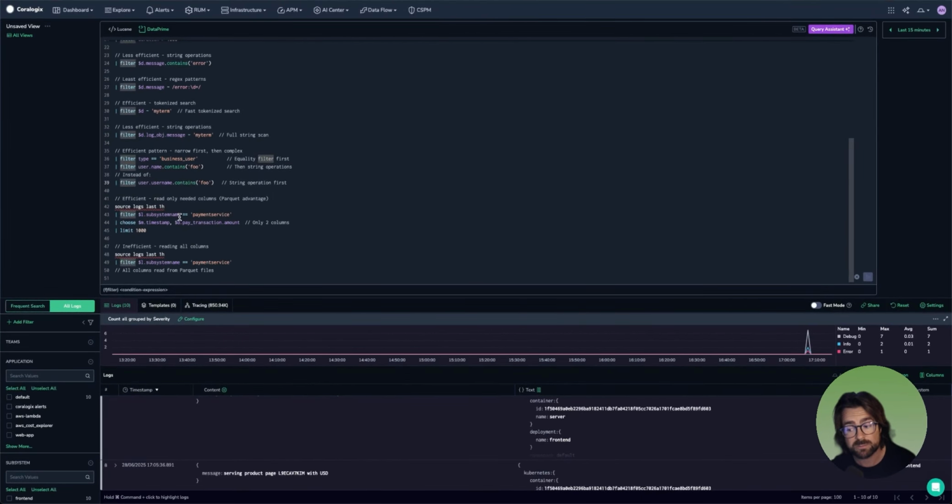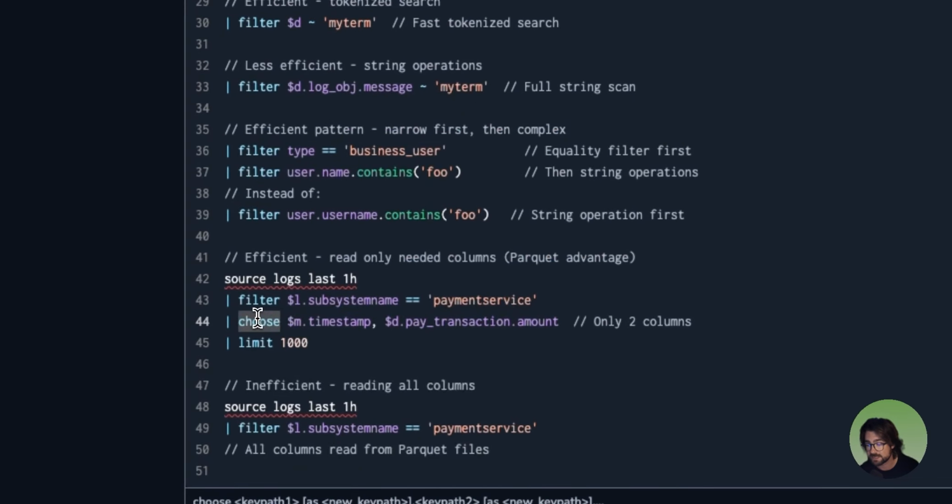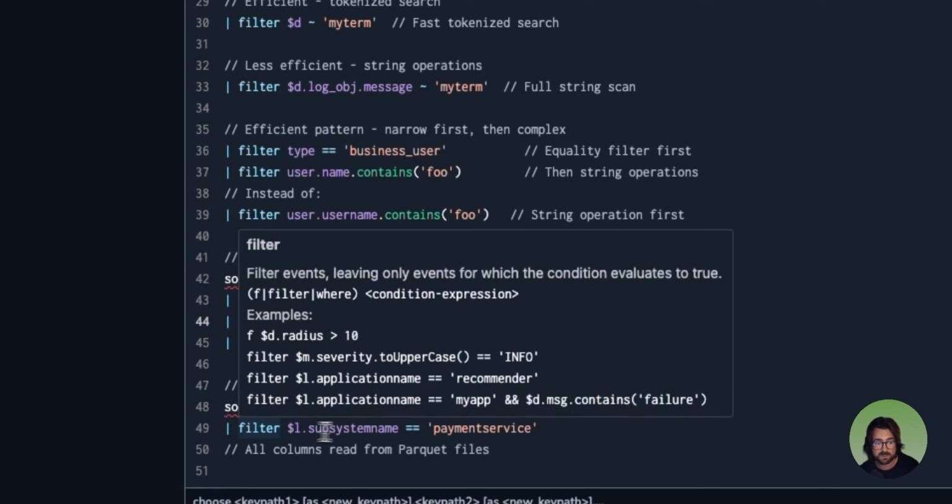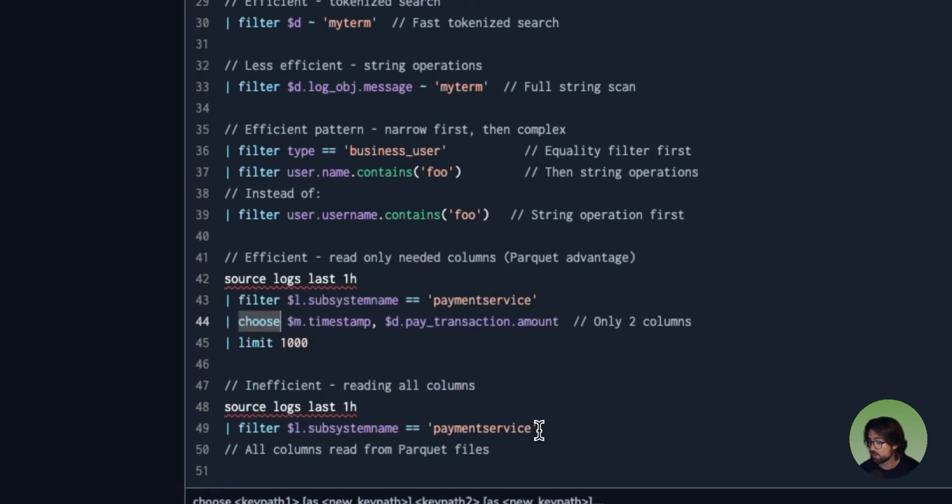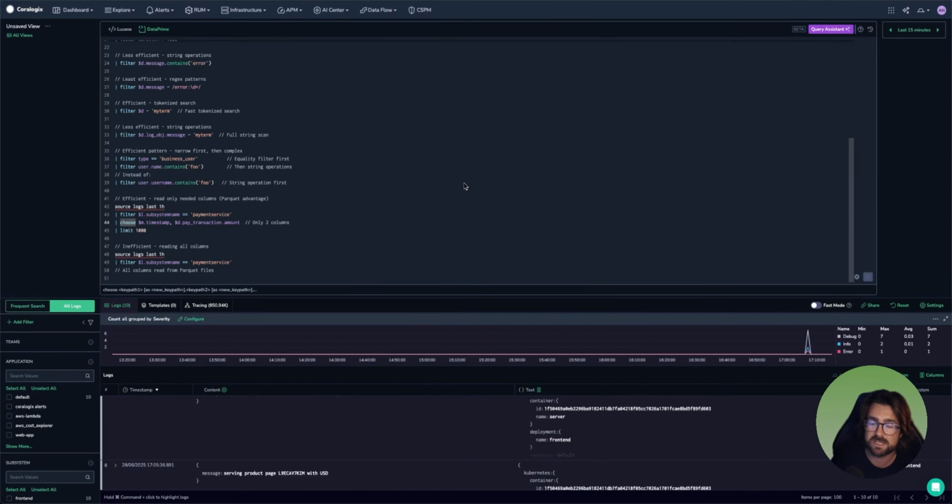Only read the columns that you need. To do that, we use the choose functionality. That also provides nice clean results, again using the limit functionality here. Inefficient would be reading all the columns. So filter source logs, subsystem name, that will be reading all of the columns for the payment service, and that's not very efficient. Help system, limit functionality, choose field name, minimize disk I/O through efficient filtering,